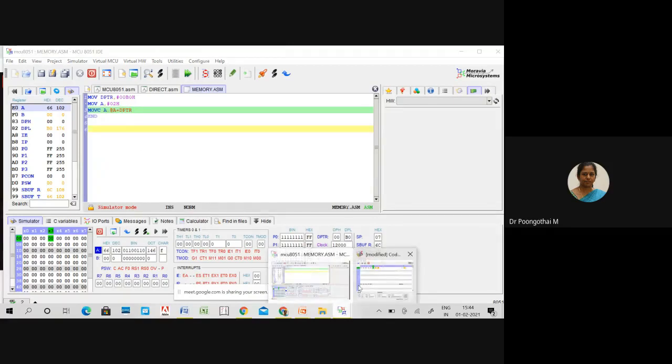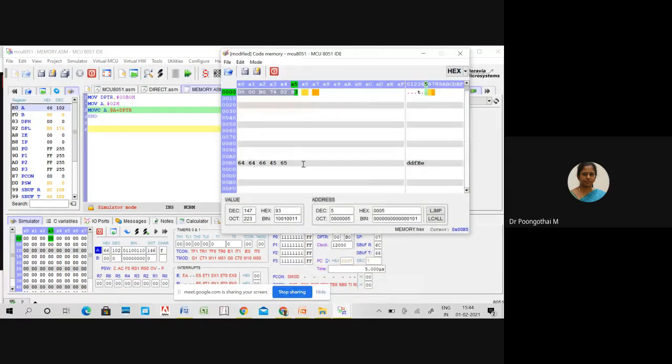What you have to do is go to code memory and give some pre-calculated values. Now the address I have given is 00B0, and I have stored some value there. So the offset value is 02. According to this instruction, your A will get added with the DPTR content. So your accumulator holds 02 and DPTR holds 00B0. Both the values get added, so the new address will be 00B2. This is 00B0, this is 00B1 and this is 00B2.